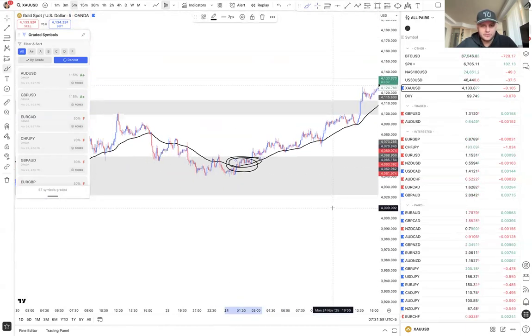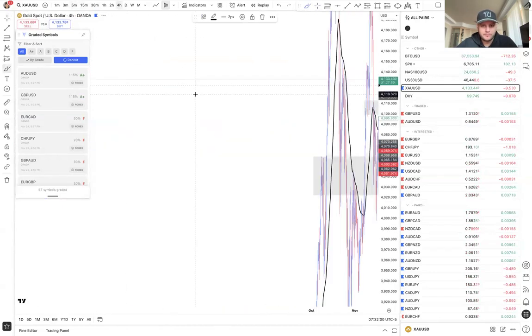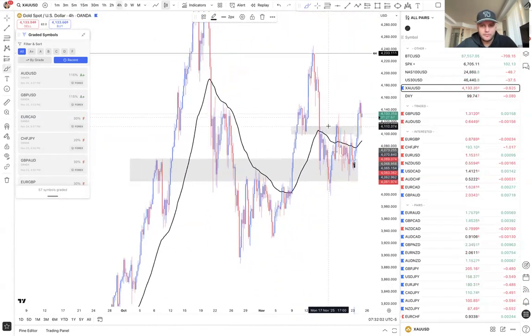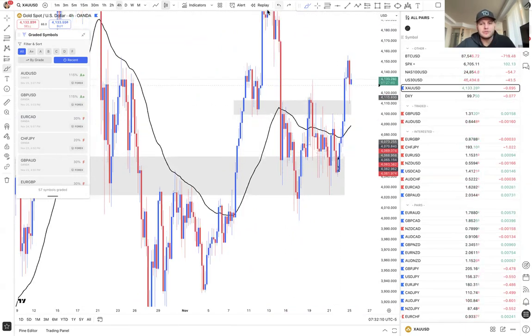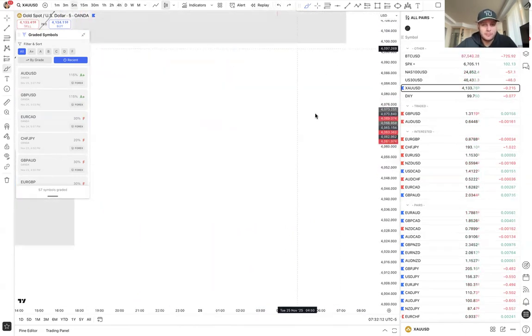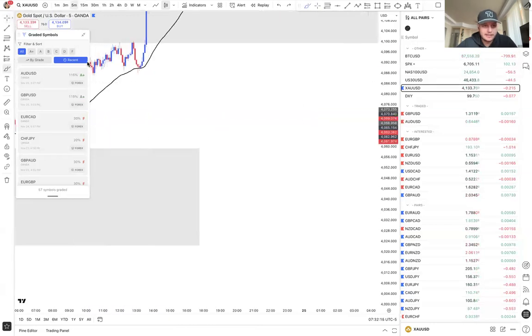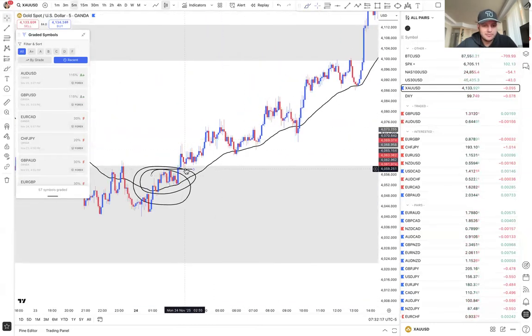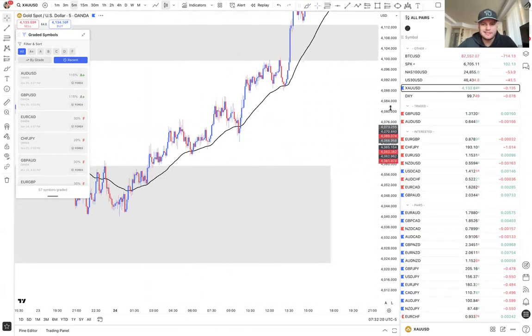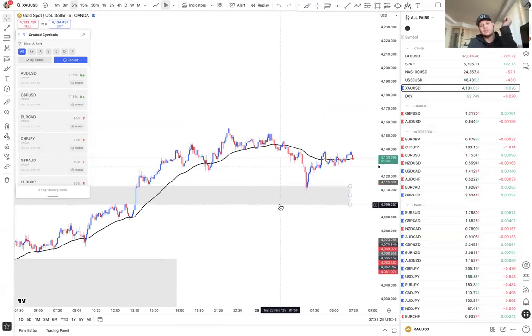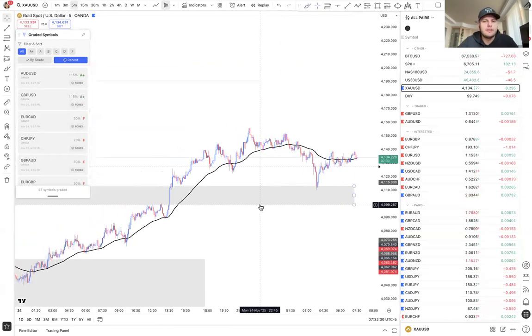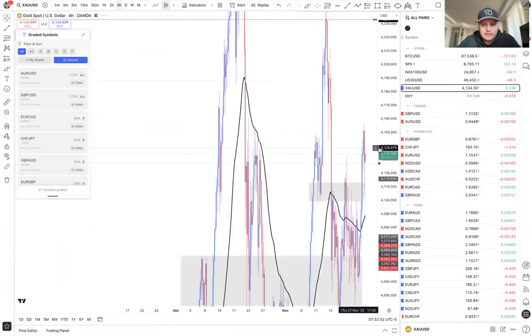And my target was going to be this wick. Okay, so that was going to be my trade from right there to there. Would have had an insane return, but once again, my stop loss was too tight, and I got wicked out of the trade. I went to sleep, and woke up to price being at my take profit, basically. So that sucks, you know. Anyways, it is what it is.